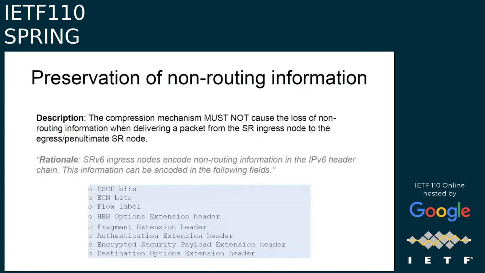So this one is a new one. It gives a requirement that the mechanism must not cause the loss of non-routing information when delivering a packet from the SR ingress node to the egress SR node. In the next page,